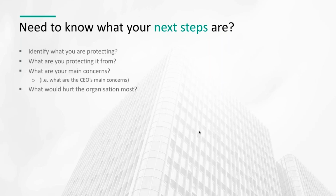So obviously the first thing, identify what you're protecting. That's the main thing. What are your crown jewels? Where are they, etc.? What are you protecting it from? So this is essentially risk assessment. So the first one is asset management. The second one is risk assessment and threat management. What are your main concerns, or as I like to put it, what are the CEO's main concerns? Now,